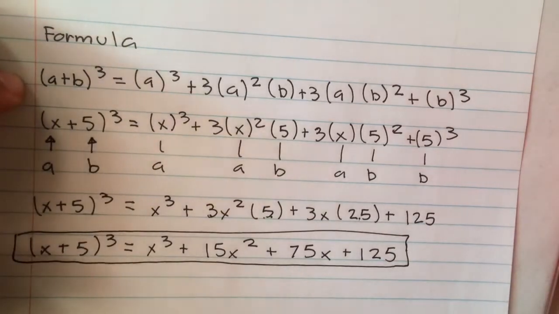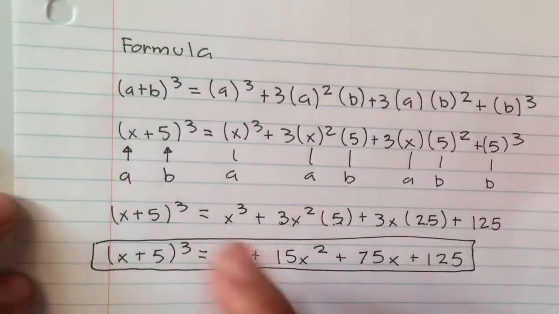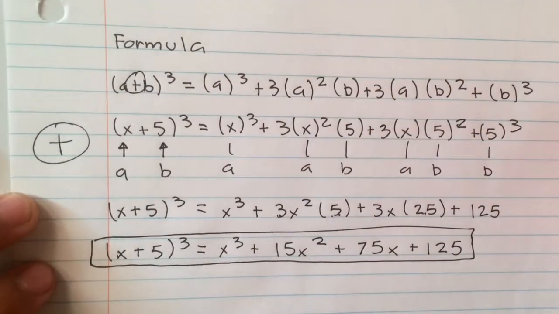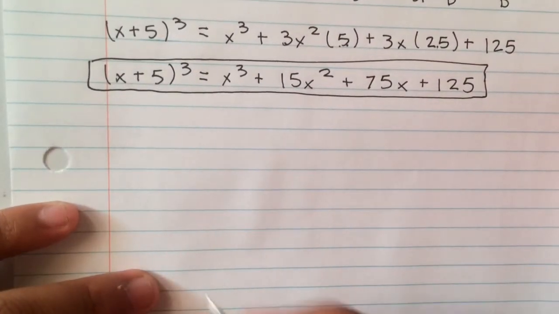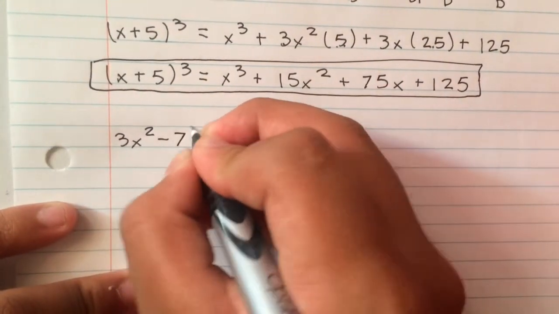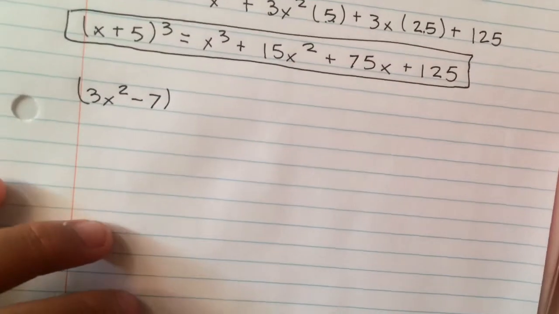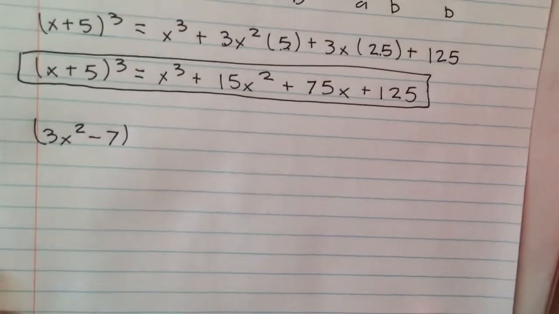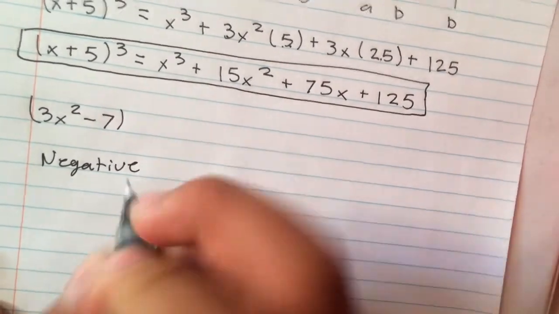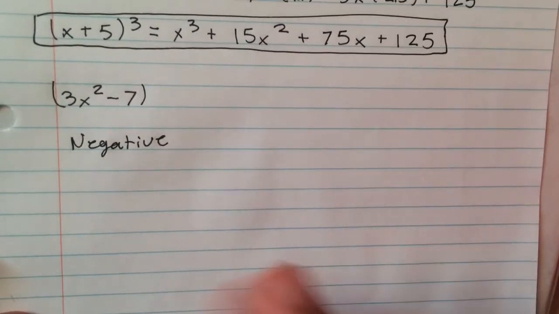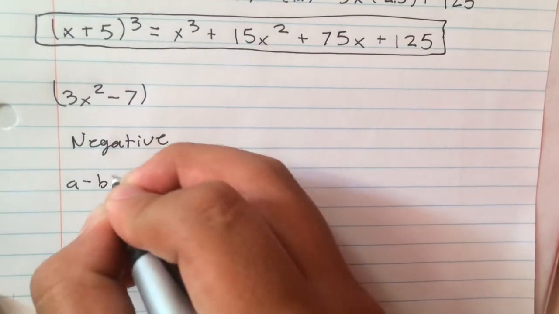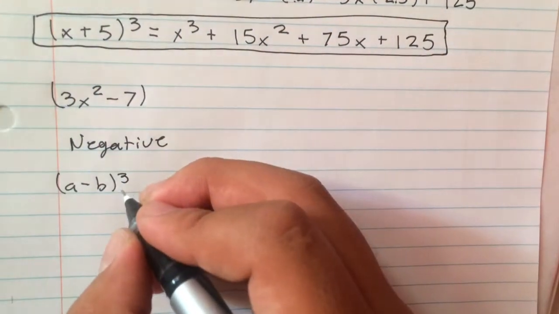The first example was a positive example, adding because of the sign here. But in another example, say we have (3x squared minus 7) cubed. It changes, not a lot, it just changes some signs. If it's a negative, the formula is going to be (a minus b) cubed